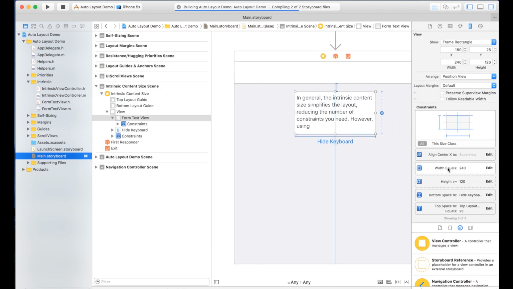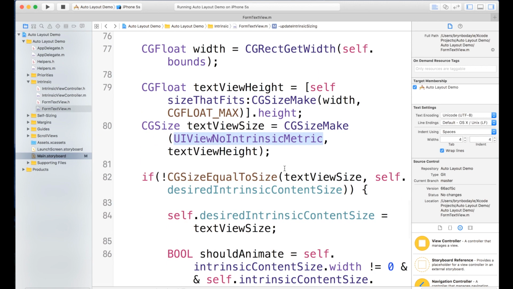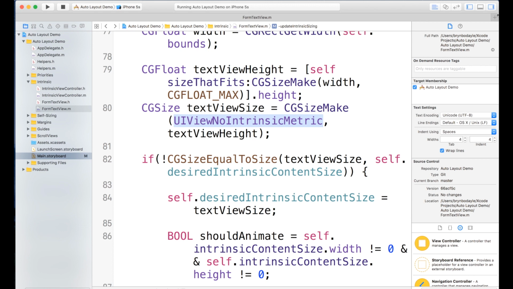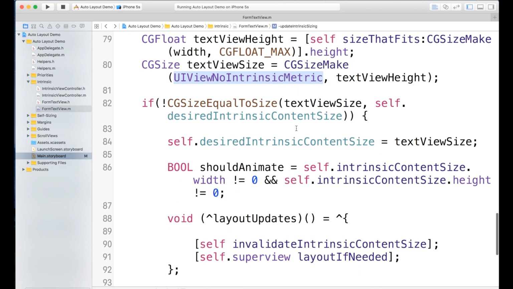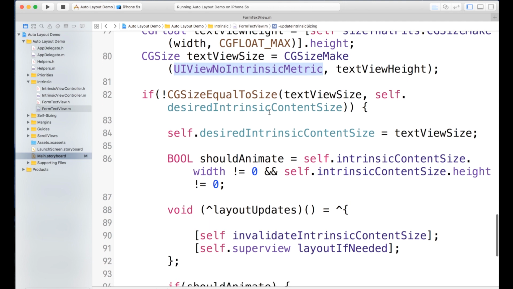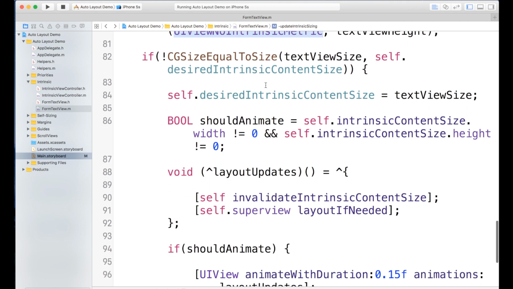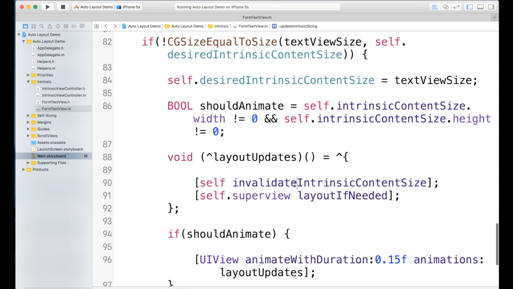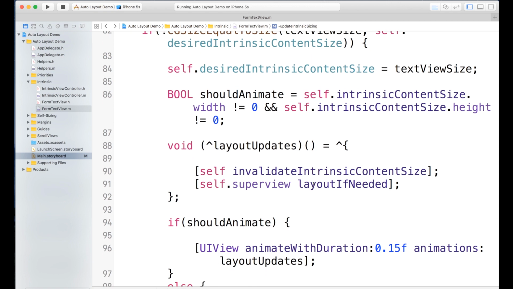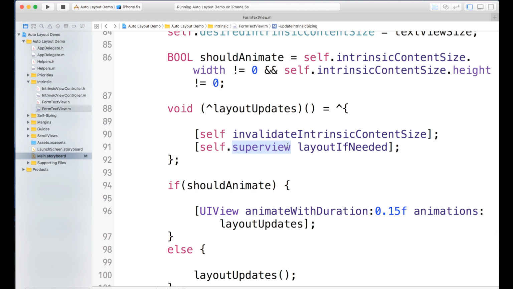So I've set a constraint on its width, and so the intrinsic content size has no effect on the width, and it just defers to that other constraint. And then I check to see if that size has changed from what it currently is, and if it does, I set that property. And then you call this method called invalidateIntrinsicContentSize, which basically just tells the auto layout system that my content size has changed. You need to relayout some things. And then in order to animate it, and we'll talk about this a little bit more later, you call layoutIfNeeded, which immediately applies the constraints,